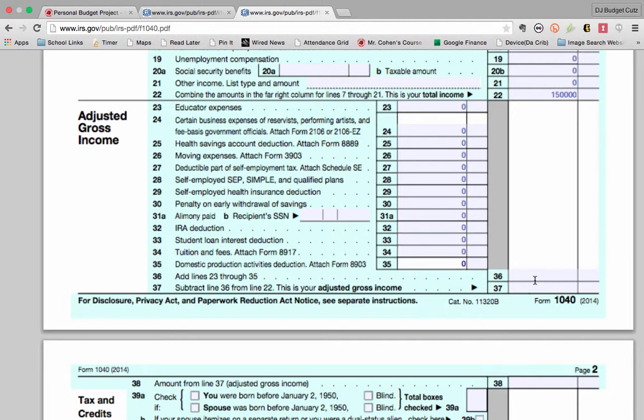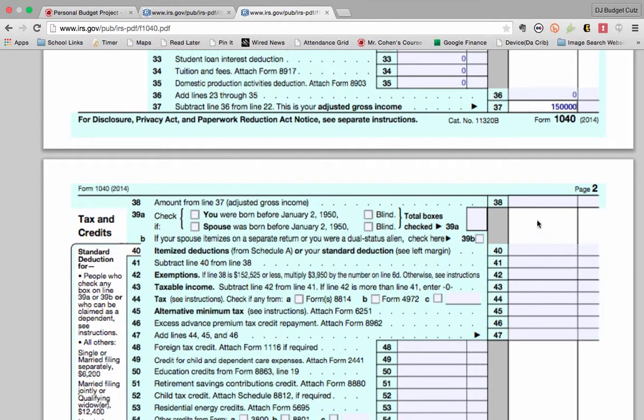And when you get to line 36, it basically says add up lines 23 to 35, and we're going to have a 0. Line 37 says subtract line 36 from line 22, and so line 22 is going to be the adjusted gross income. We're going to copy that number again on line 38,